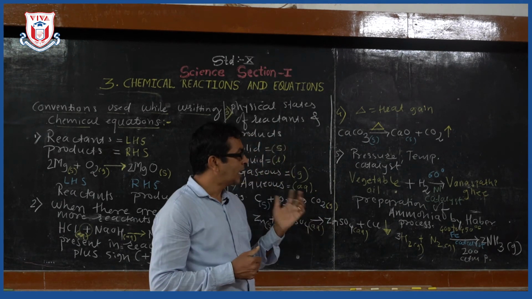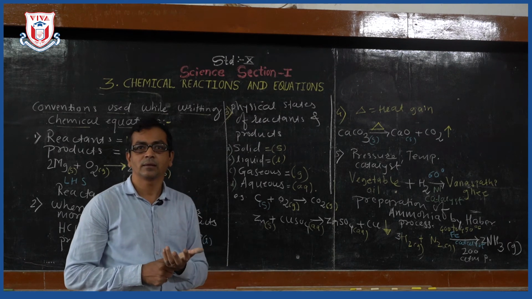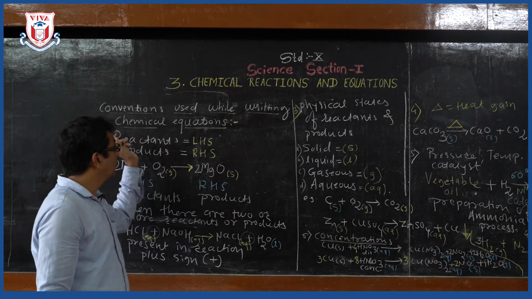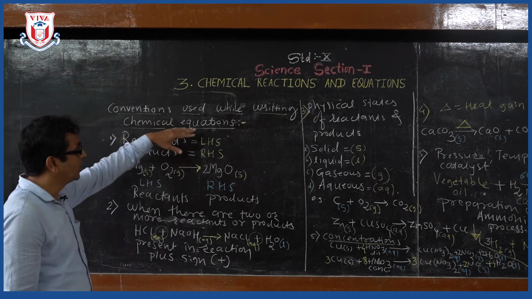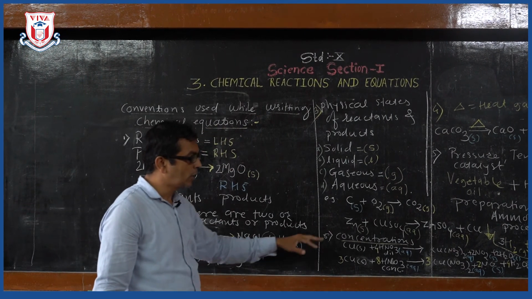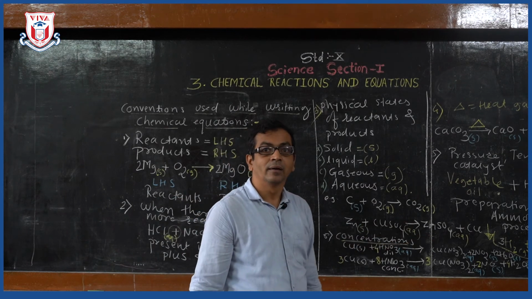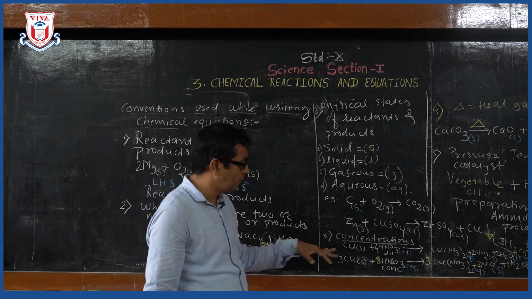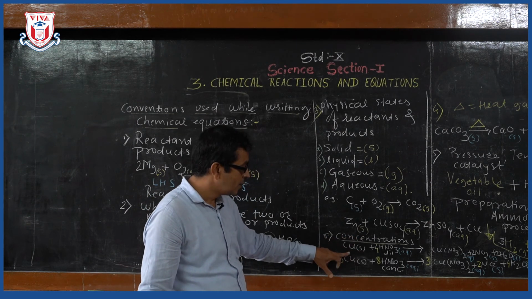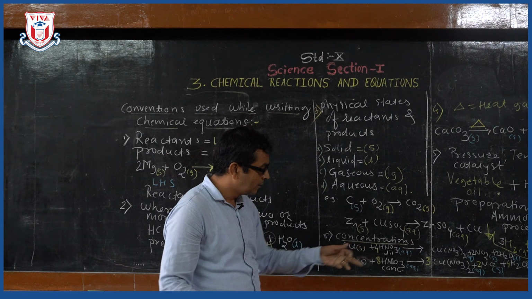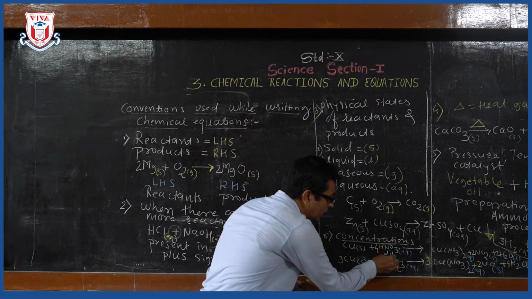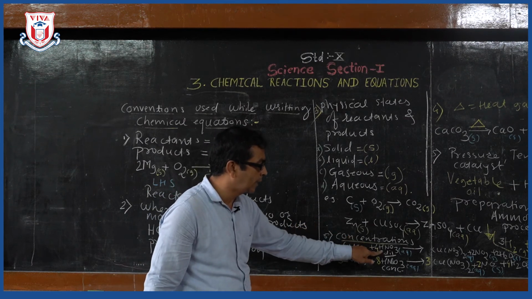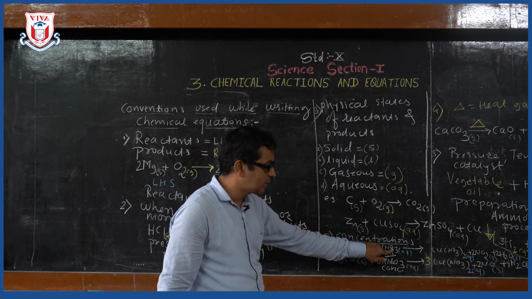And as well as copper reacts with the concentrated nitric acid. Okay, the last convention, or you can say the last rule to write chemical equations, is nothing but what? The concentrations of the reactants. As the concentration changes, you will find, here I have written an example: copper reacts with dilute. This word is important, you have to write this dilute, whatever concentration you use, that you have to write. Dilute nitric acid will give you